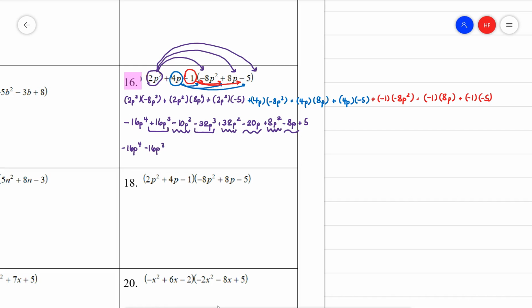Remember, we only combine based on their powers, so the next one we would be combining would be all the squareds. We have negative 10, negative 32, and 8, which would be a negative 34p squared. And then we're moving on to the p's, so negative 20p minus 8p, negative 28p, and then plus 5, nothing's combining with that, so it stays the same. So it's the same process where you're taking the first term, multiply by everything, the second term, multiply by